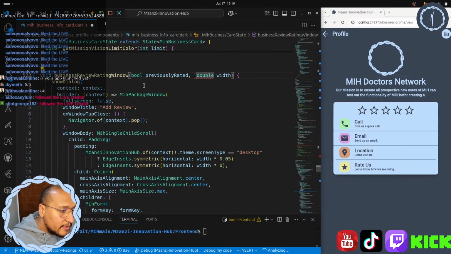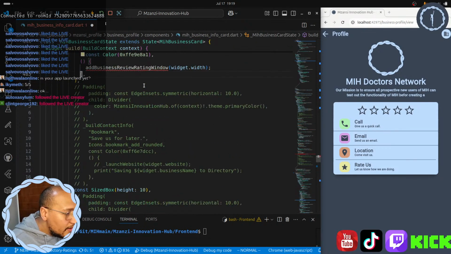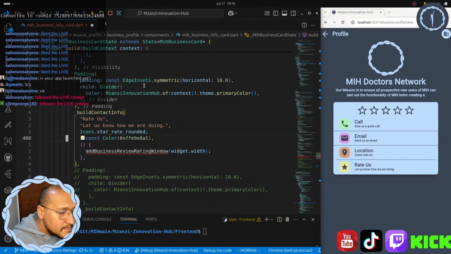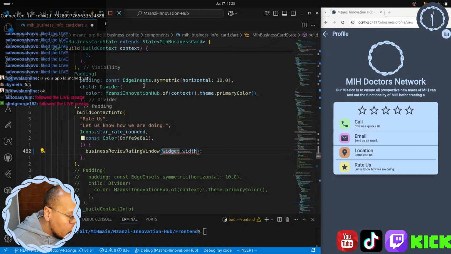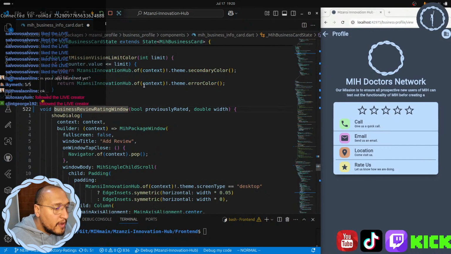And let's go up to our error and fix this over here. WCW business. And then over here we'll start it off by putting false in. So that's what we're going to work off. If it's not someone's first time, or if they previously rated, so if they haven't previously rated this, that's the variable that I call this. Let's jump back to this definition. You can see over here, previously rated. If I haven't previously rated them, it would be set as false. So that's what we did now.